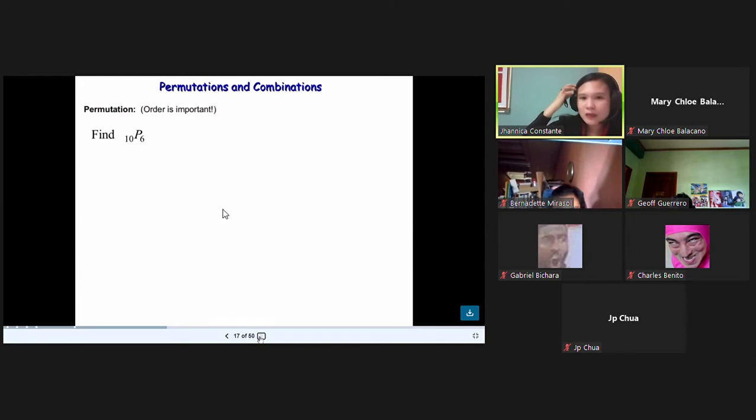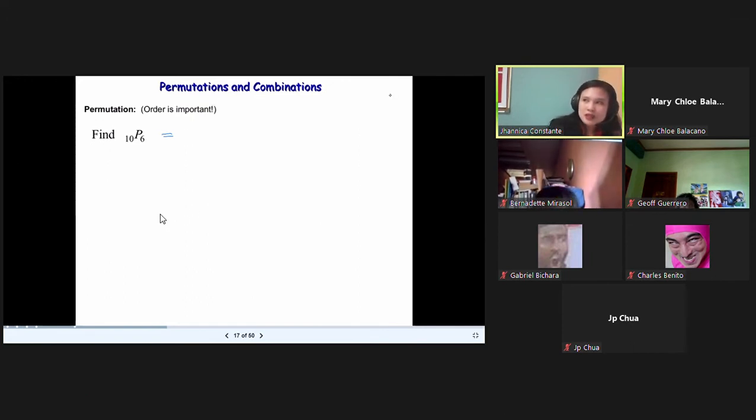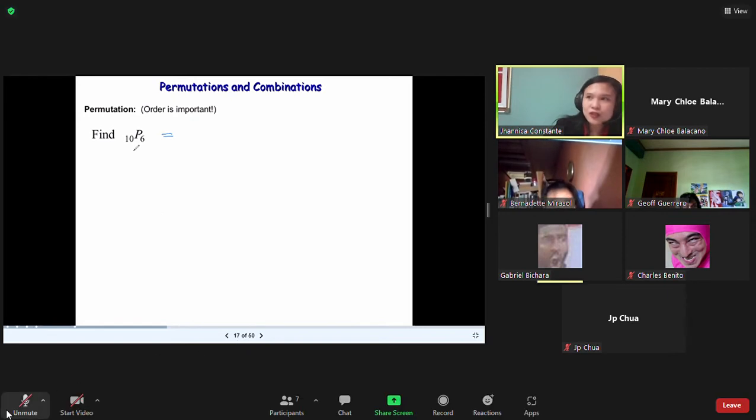So for example, we have to find the permutation of this problem, which is 10P6. What will be the permutation or the probability using permutation that we have on the screen, which is 10P6 equals to